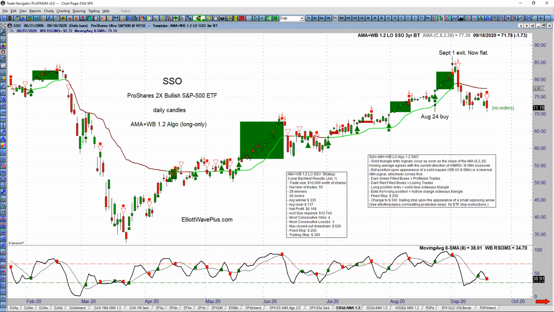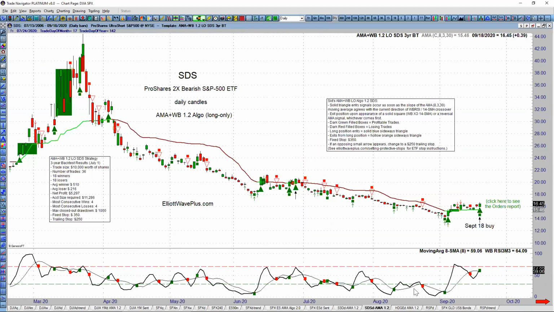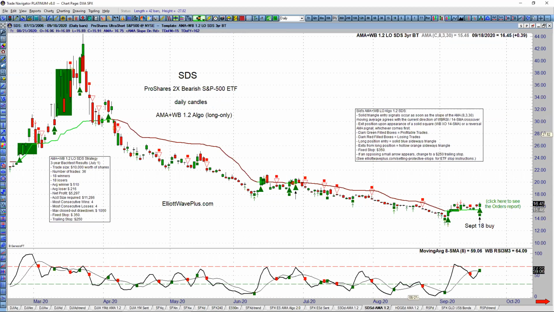The SSO is a 2 times bullish ETF. And as you can see, it had some decent winners on the way up, but right now it's flat. And the 2 times bearish S&P SDS has already given one buy signal back on September 3rd. It closed that out in profit on September 10. And now on Friday, we got another buy signal